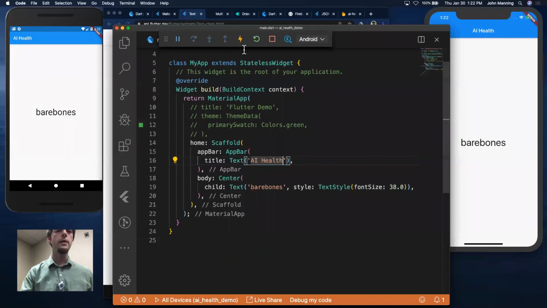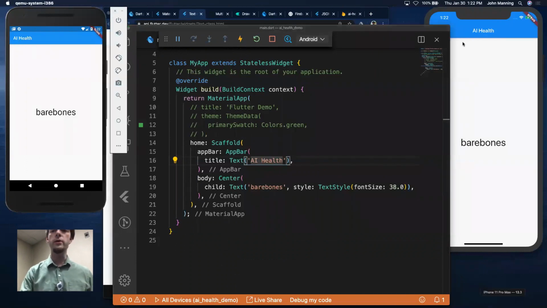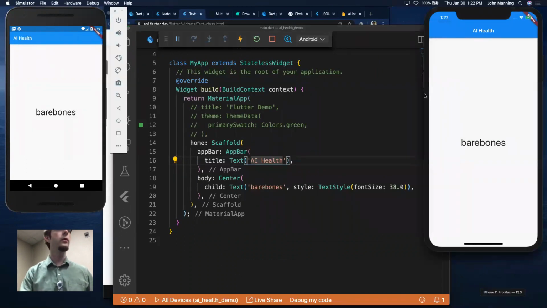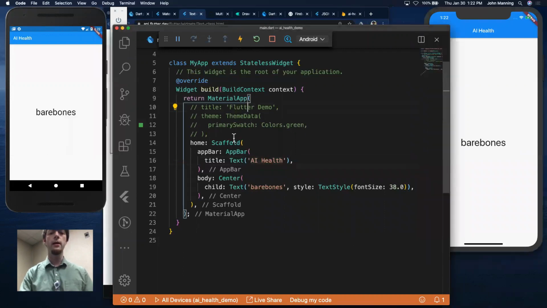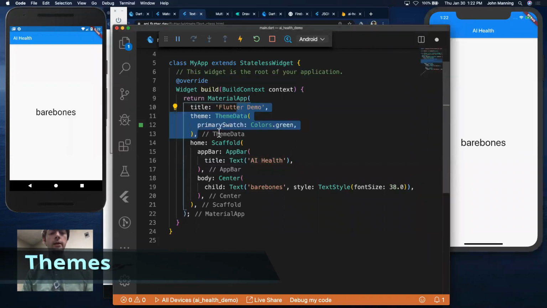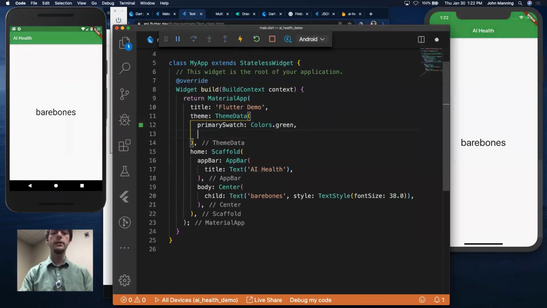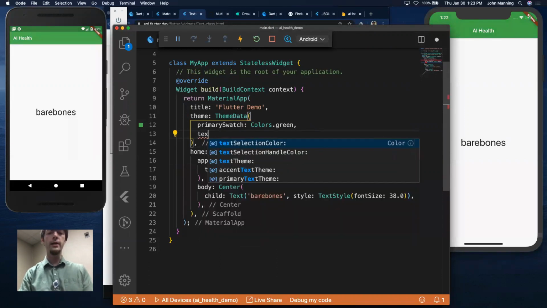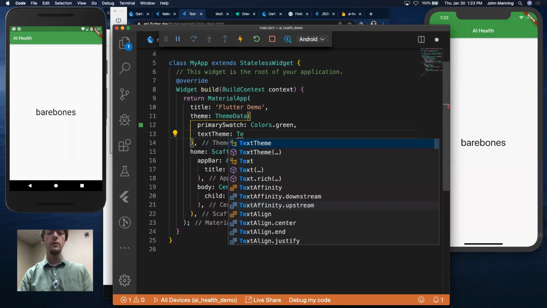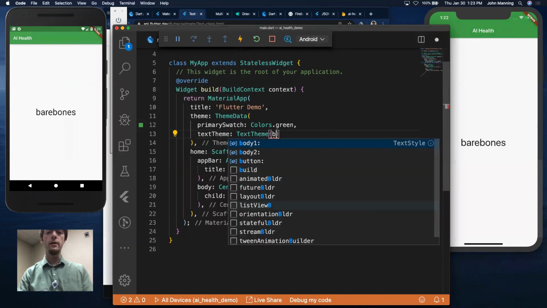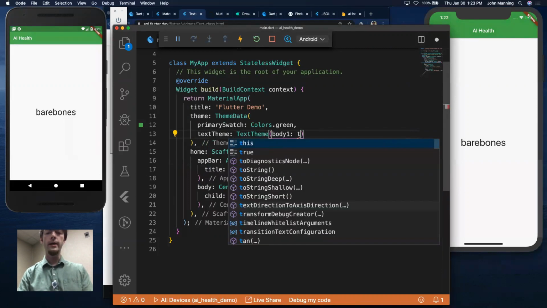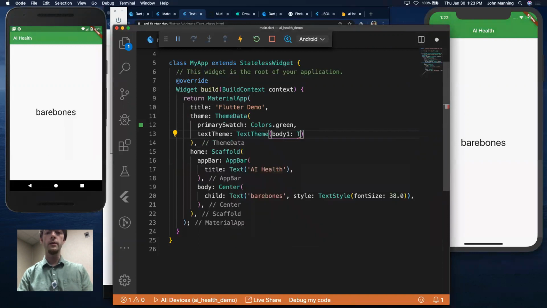And there it is. Now you have one that looks like an Android style widget and an iOS style widget in real time as we've updated this. I like my green theme, so I'm going to put it back. And actually, while I'm at this, just so I never have to do this TextStyle again, at least for this course, I'm going to call a text theme that has body 1 as the text style